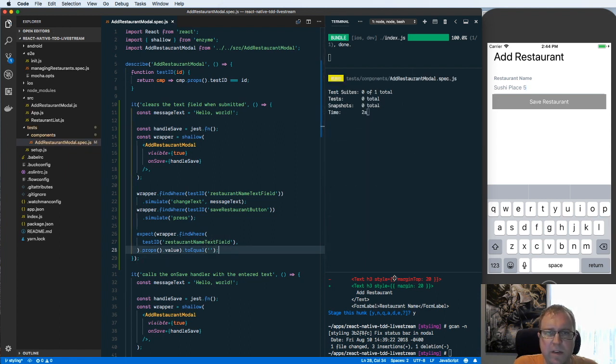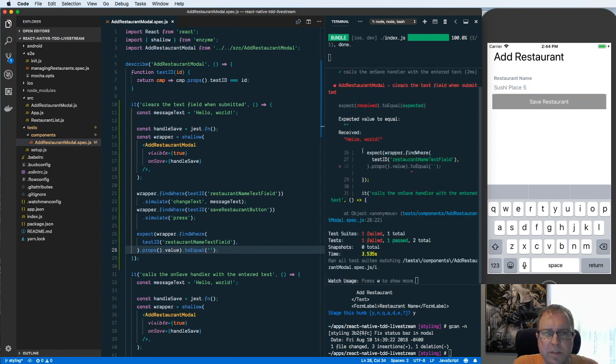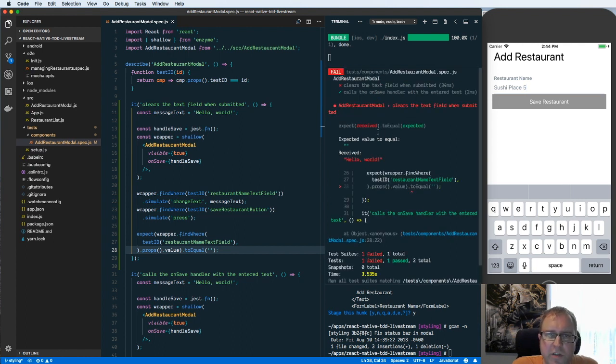And let's zoom down to give more space for our component test here. All right, so check it out. Our component test is run. We've checked that we've called the onSave handler, and we checked that it clears the text field and is not clearing the text field. So this test is already pretty quick, but to show you a technique that I used,